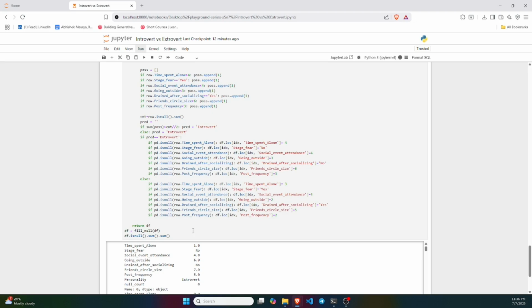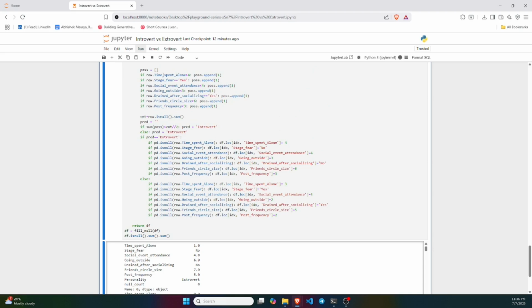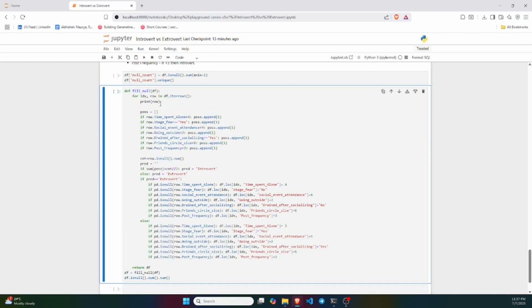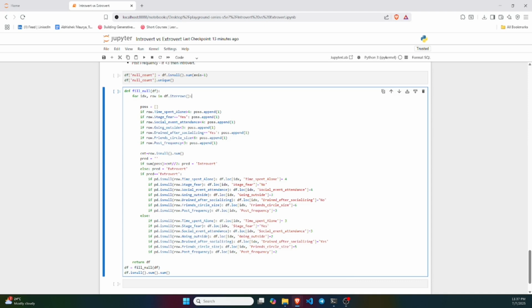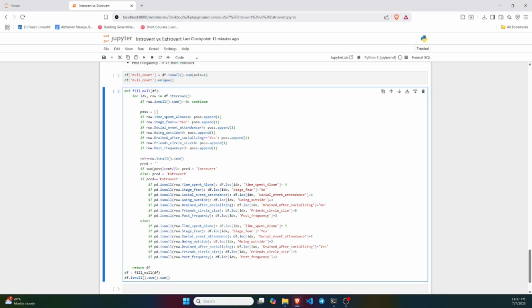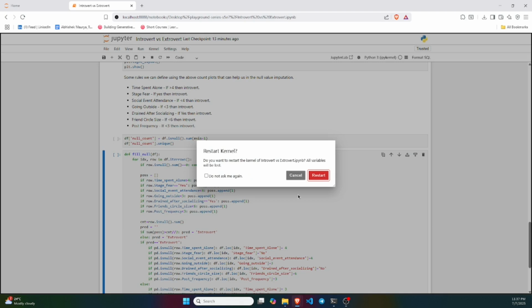Let me run this. So it is printing everything. That is not what I wanted. Let me stop the kernel, otherwise it will hang. Okay, let me restart my kernel and remove this line. And also I would like to do one thing here. If row dot is null dot sum is 0, then why I am trying to impute the null value? So I have put this condition to avoid running the loop unnecessarily. So this is it. Let me run all cells, and